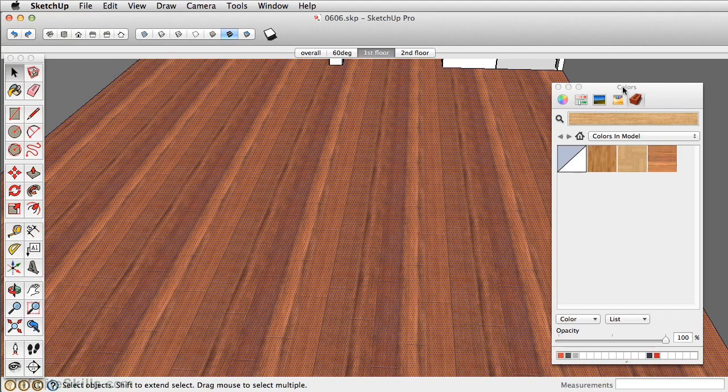So now that we have our texture in, we realize that we don't really like the color of it and we want to adjust it. Now there are 2 ways that you can do it. The first in this section I'll show you is right